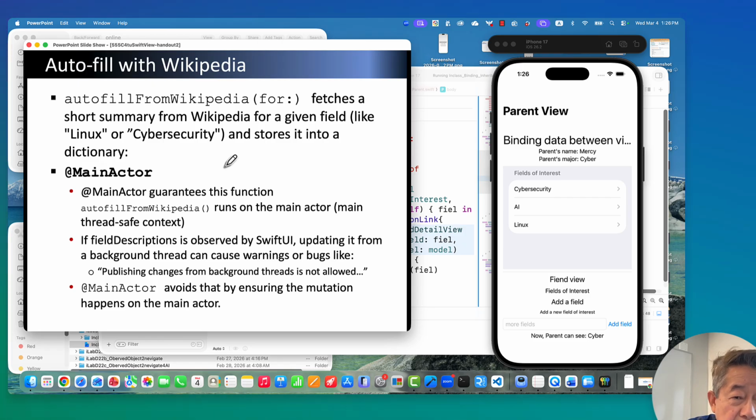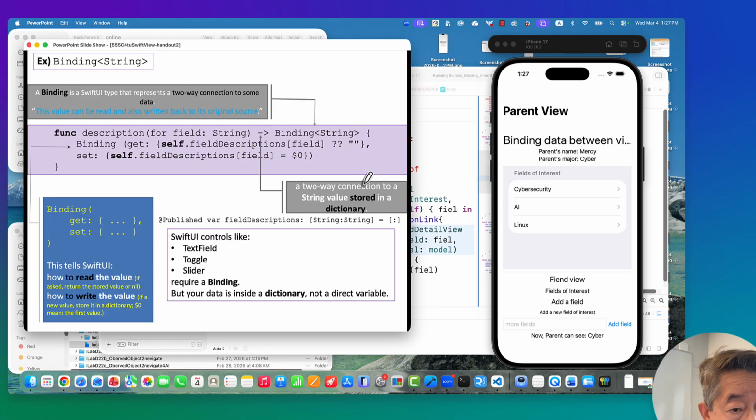So we want to put some Wikipedia data there, which is nice, right? I will put that here. When you get the data from Wikipedia, then we can make it that description